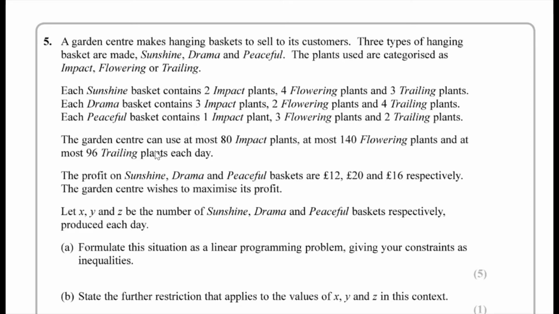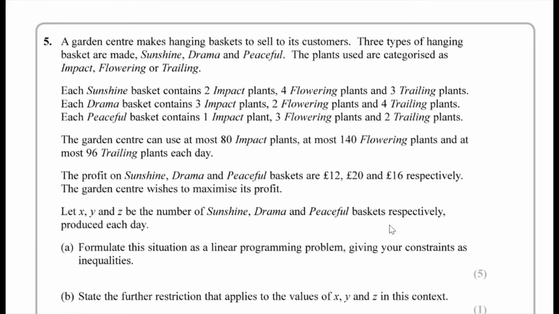The garden centre can use at most 80 impact plants, at most 140 flowering plants and at most 96 trailing plants each day. The profit on Sunshine, Drama and Peaceful baskets are £12, £20 and £16 respectively. The garden centre wishes to maximise its profit, and we have to let X, Y and Z be the number of Sunshine, Drama and Peaceful baskets respectively produced each day. For part A, we have to formulate this situation as a linear programming problem, giving the constraints as